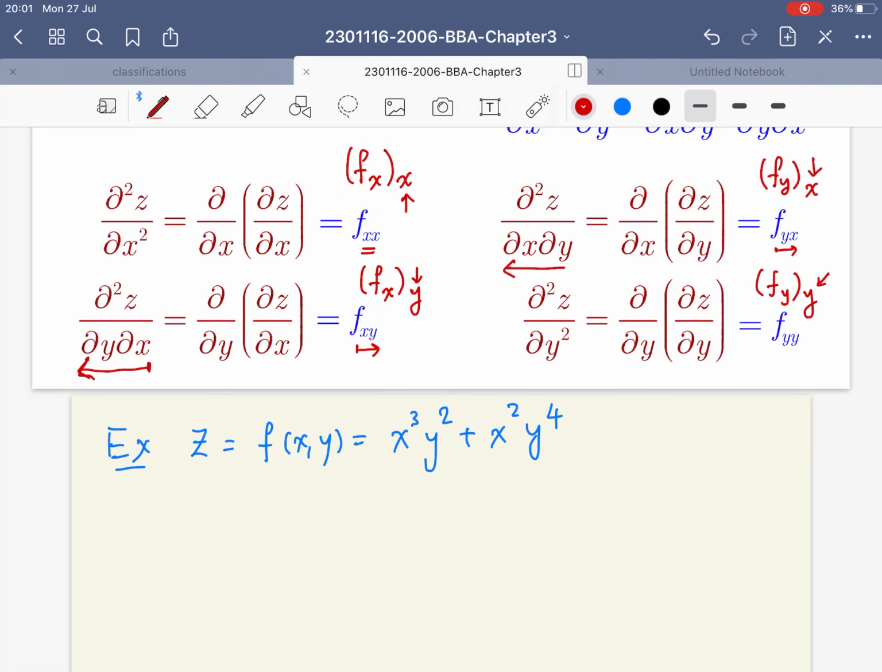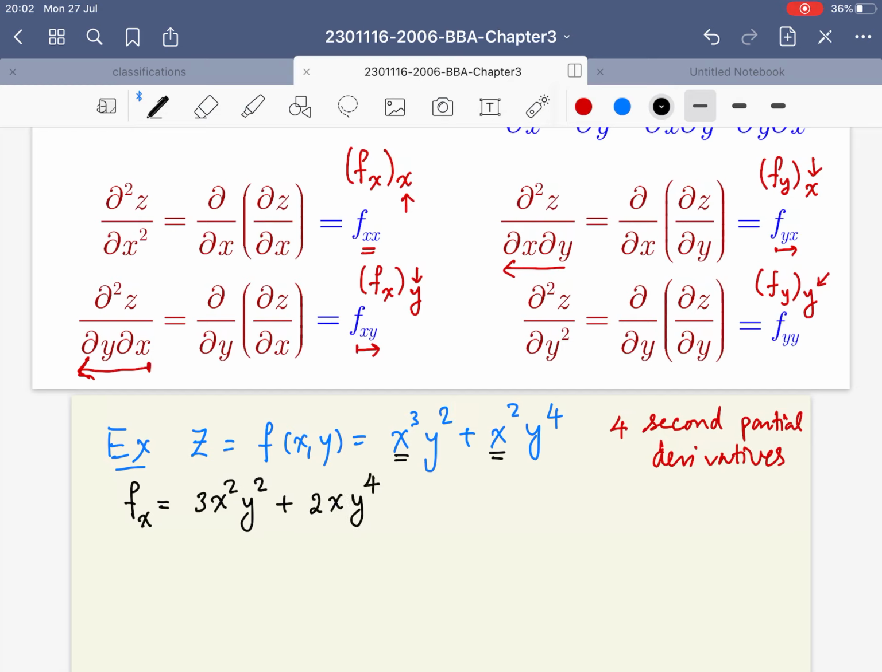Of course, if you need to find all four second partial derivatives, you need to first, of course, find your first derivatives. So let us use this notation. Your f sub x, okay, the derivative goes directly to your x cubed. So you have 3x squared and y squared, keep it. And the derivative for the second term goes directly to x squared, which is 2x, and y to the fourth,